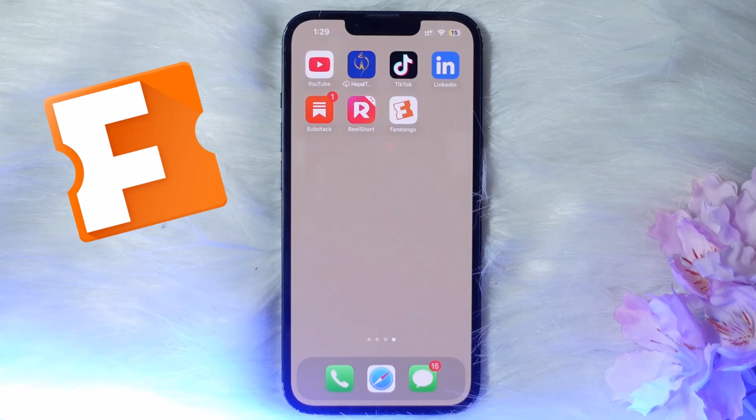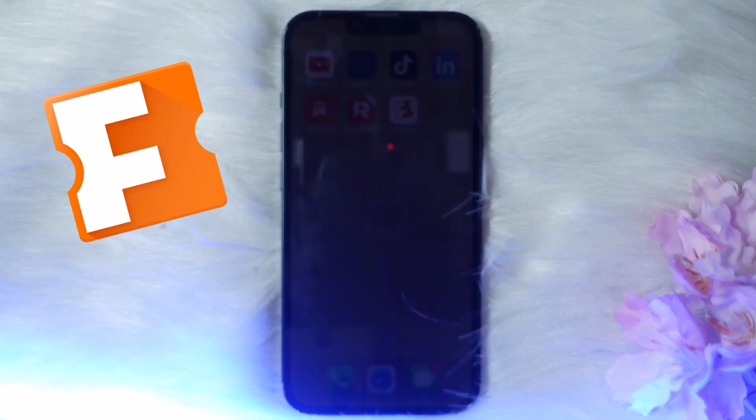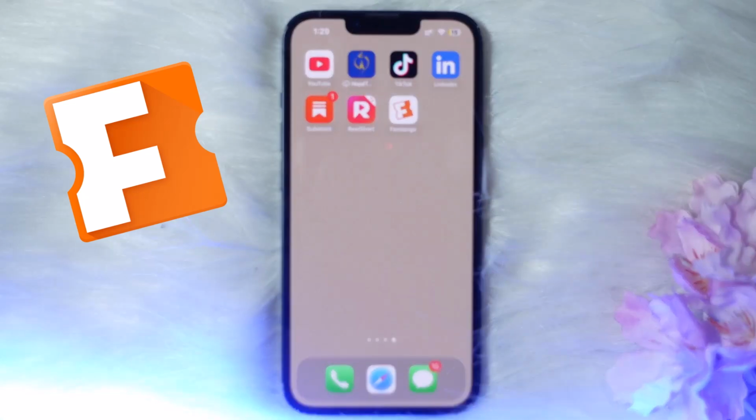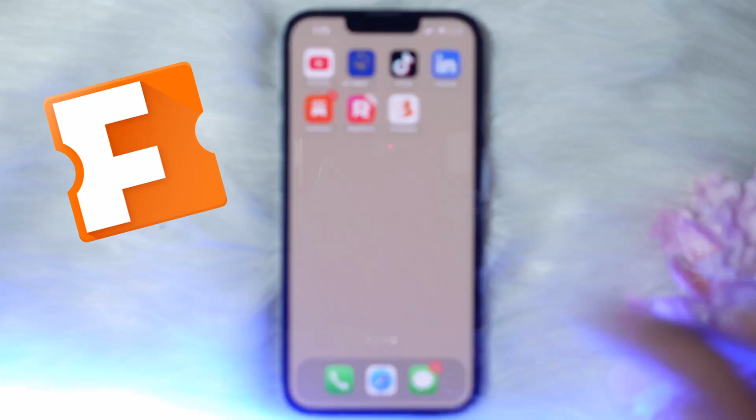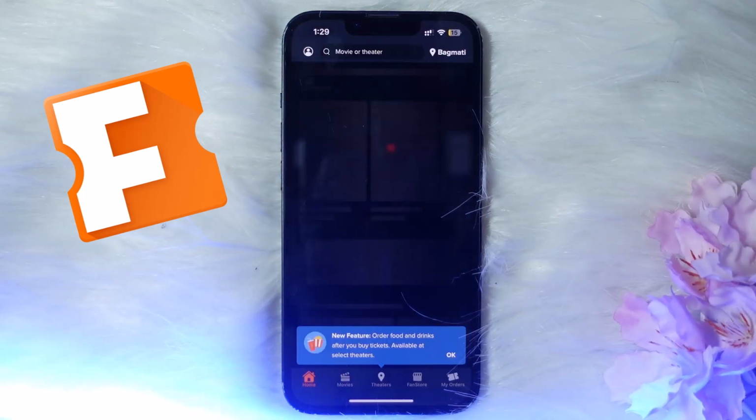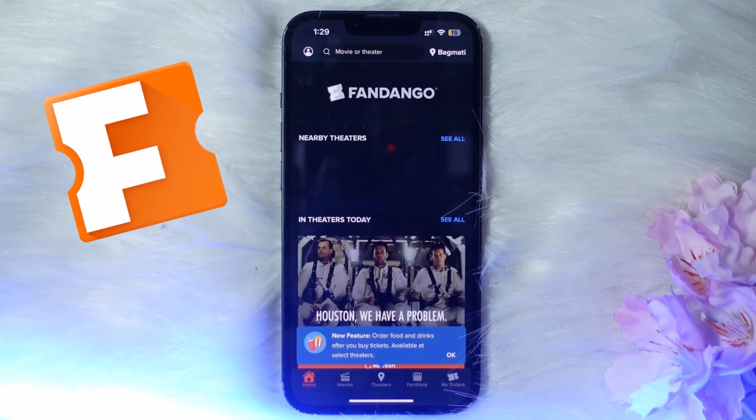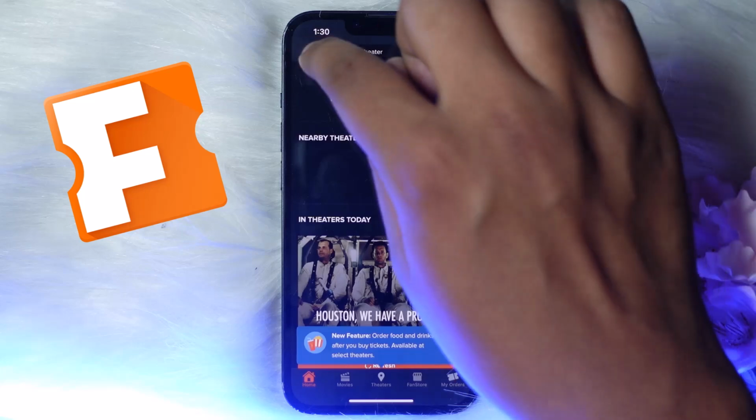So let's get started. The first basic thing you need to do is make sure that you have installed the Fandango app on your device. If you have not installed it, you may simply install it from the App Store or Play Store. After that, open the Fandango app and make sure that you are logged into the account which you want to delete. If you are not logged into that account, you won't be able to delete it. So from here you just need to click on the profile icon at the very top